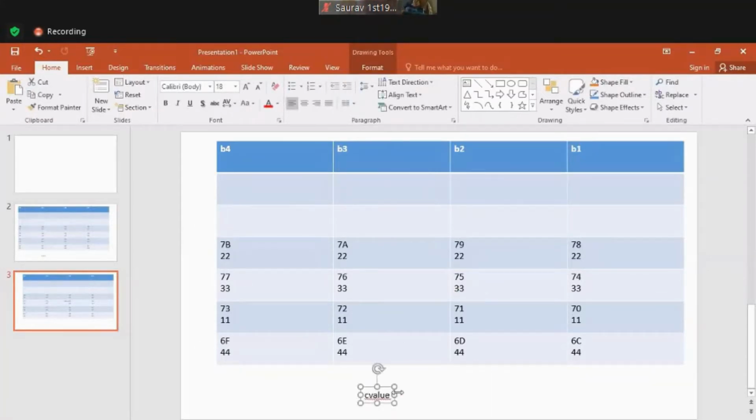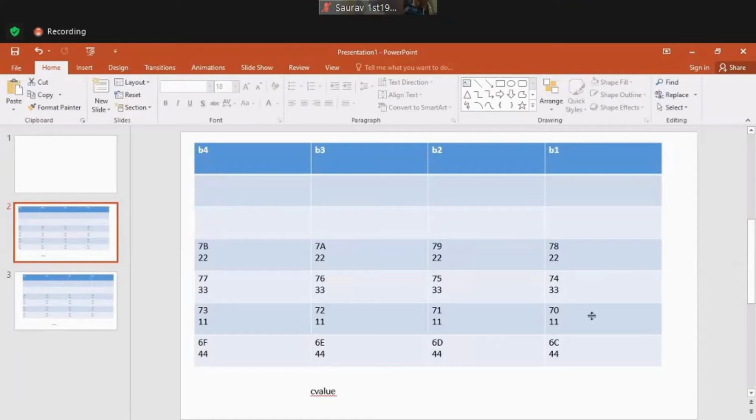My second part of the memory, I will give the name D value. This is my C value label for my first part of the memory, whose starting address is 6C.